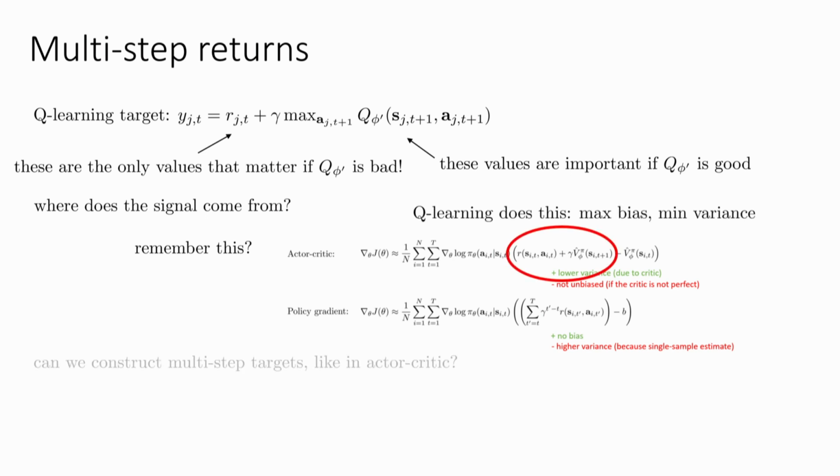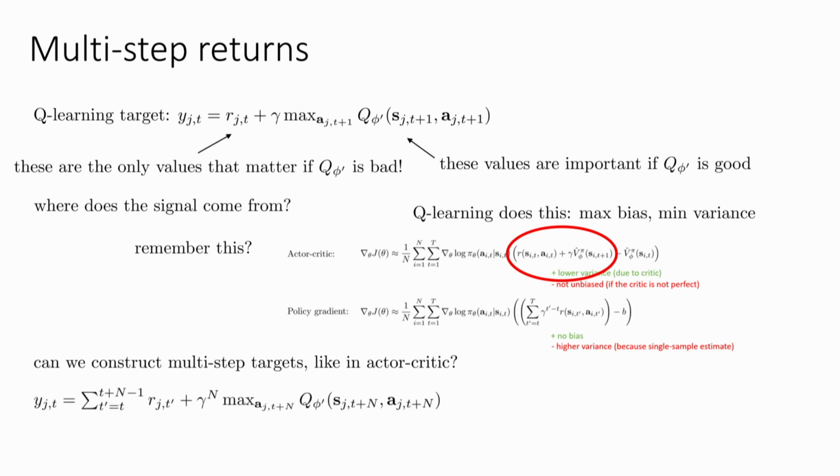So we can construct what's called a multi-step return or n-step return, just like we did in actor critic. That amounts to a different equation for the target value. In this new equation, we sum the rewards that we actually saw from the current time step until t plus n minus 1. So we choose some value of n, maybe we choose n equals 10. So we'll sum together 9 different rewards, and then for the 10th one, we put in our Q value at that step multiplied by gamma to the n to account for the fact that it's now n steps into the future rather than 1 step into the future.